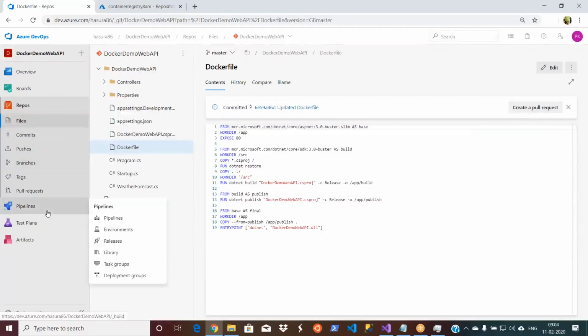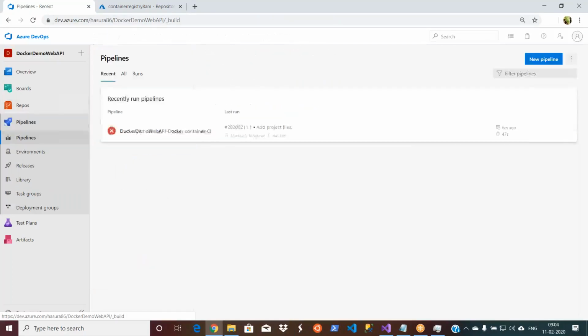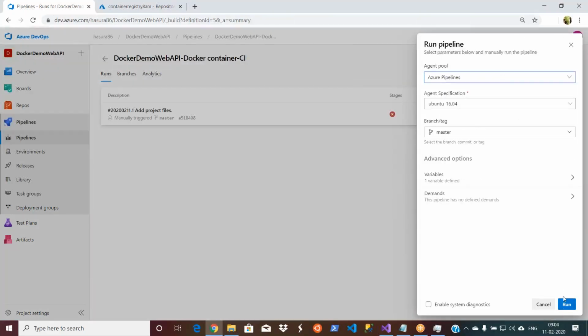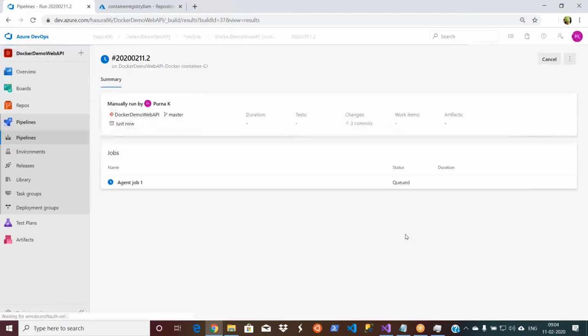Now come to pipeline, not the new pipeline. Let's run pipeline. Looks like the UI has changed since last month, we used it some three weeks ago, right? This pipeline.